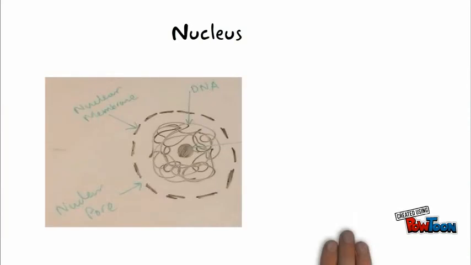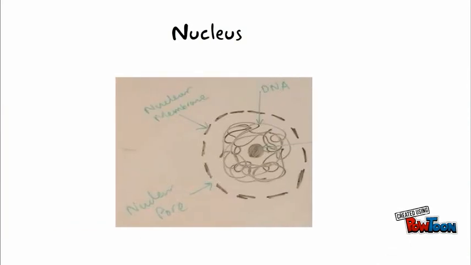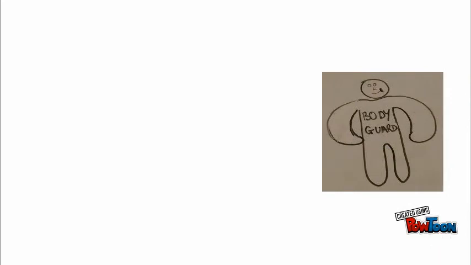Let's start off with the nucleus. Well, it's sort of like a control center for the cell. This is the largest organelle within a cell, and within it all the genetic material needed to control all of the cell's activities is found here. Around it is also something called a nuclear envelope, which has many holes in it called nuclear pores. The nuclear envelope is sort of like a bodyguard. It controls what can come into and out of the nucleus.